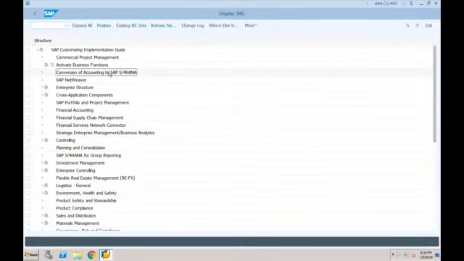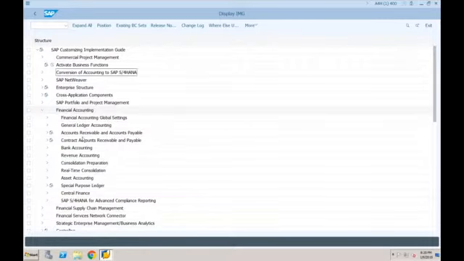This is something you will only find in S4HANA, not in the SAP ECC application. Similarly, within the folders, let's say for financial accounting, you may find some things which were earlier available in ECC but are not available now, and some things which were not available in ECC but are now available in S4HANA.